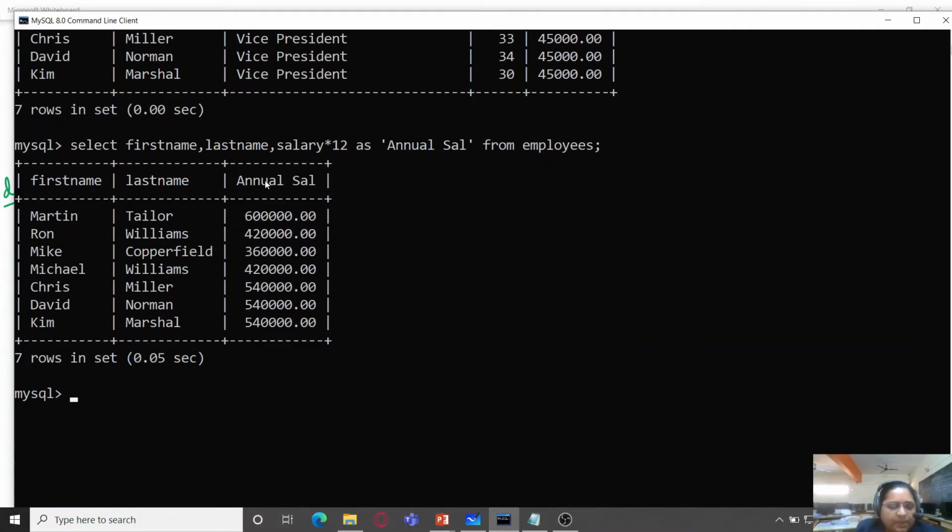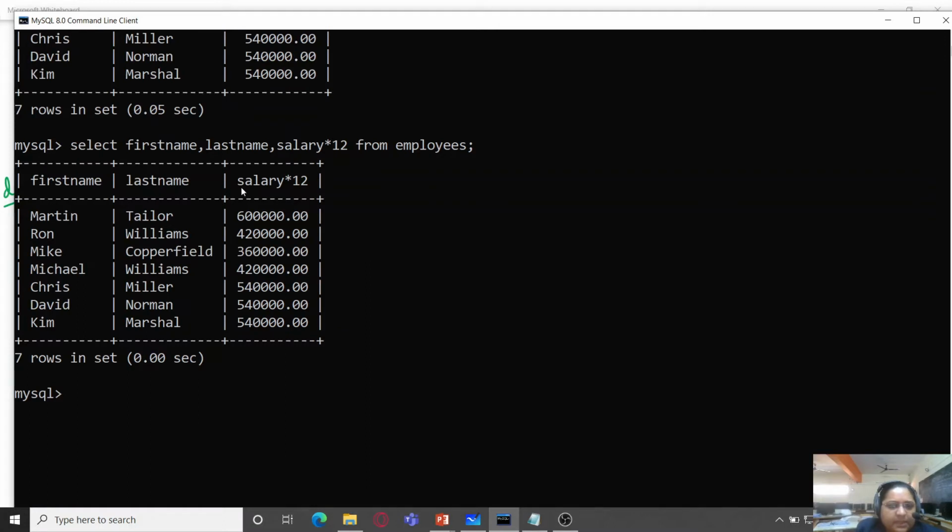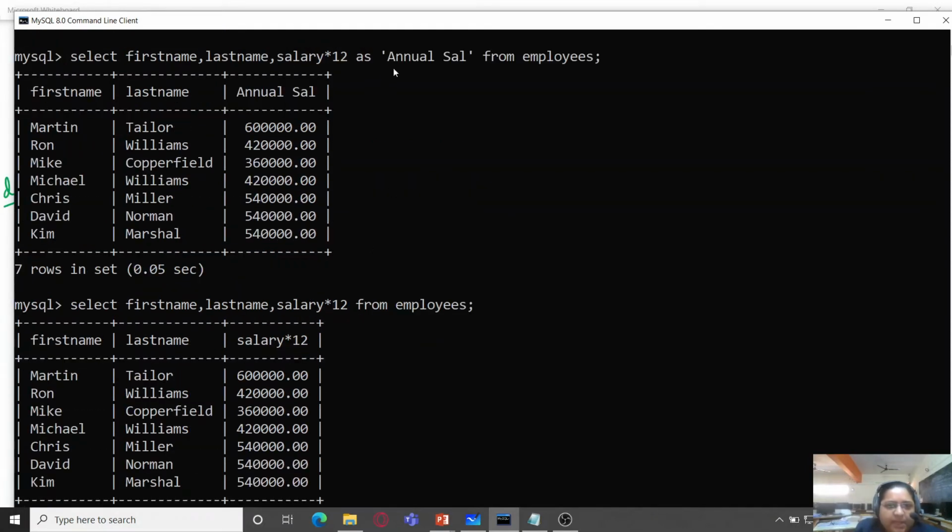And you can see we get the annual salary over here, and it is a calculated field, but you can see that its field name has been replaced by this alias name. If we don't do this and we simply remove this alias name from here, then you get the field salary into 12 printed over here, but we don't want the expression to be displayed, hence we just provide an alias name to this expression. So this expression is the one which actually works here, but only thing, in place of this label we get this alias name.